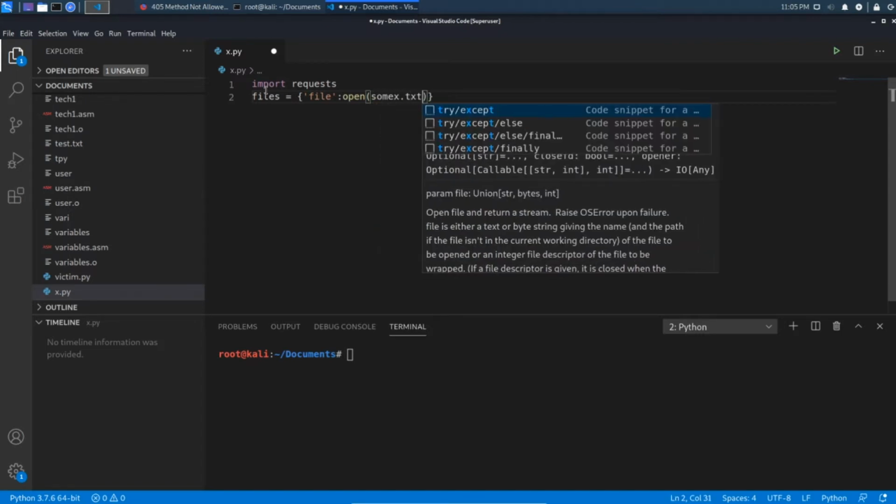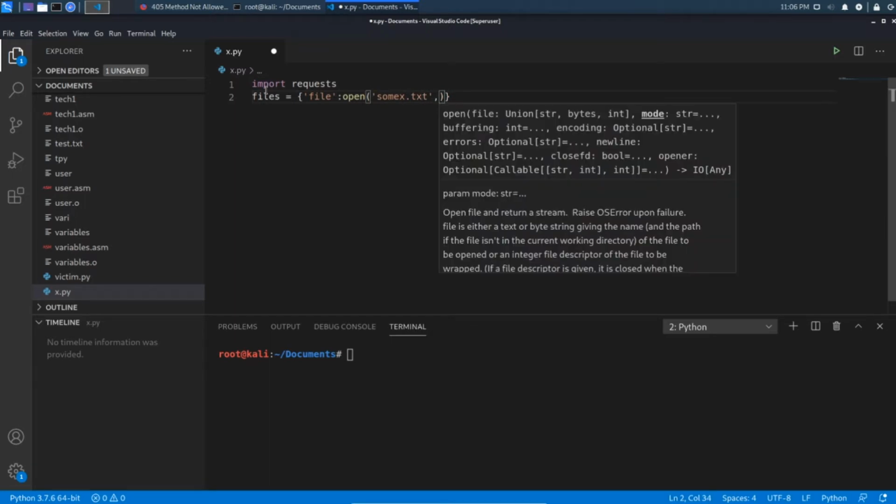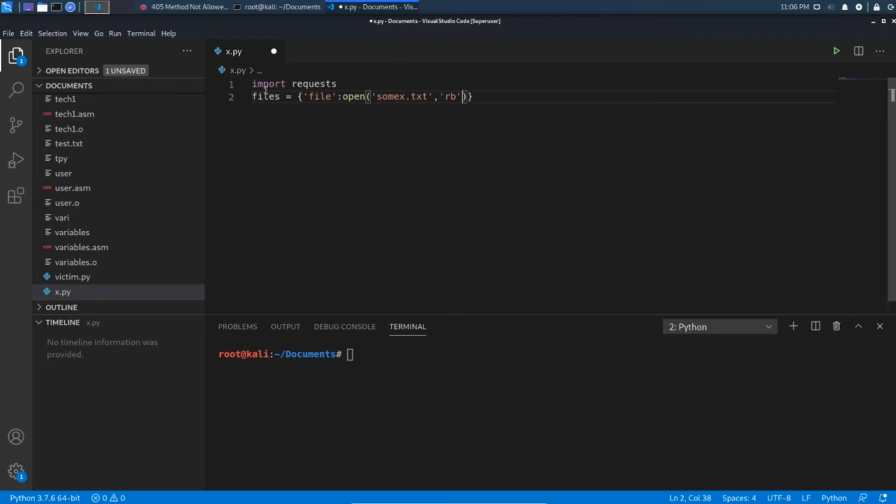My file name is somex.txt, and you need to pass this file name using single quotes or double quotes as you wish. And after opening, how it needs to be read by the Python interpreter, whether byte by byte or as it is, so you need to pass the second argument as the mode, in which mode the file must be opened. Here we used rb, so the file will be opened in read mode, so it can't write.